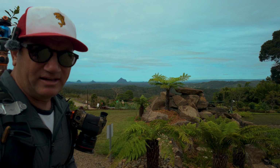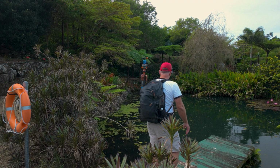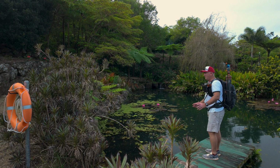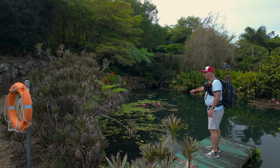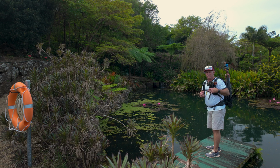Absolutely gorgeous views. Can't beat that. Okay, so another lovely little pond and another little waterfall. Waterfalls abound, and beautiful lilies just here in the water. I did two. I did one without the polarizer on, and